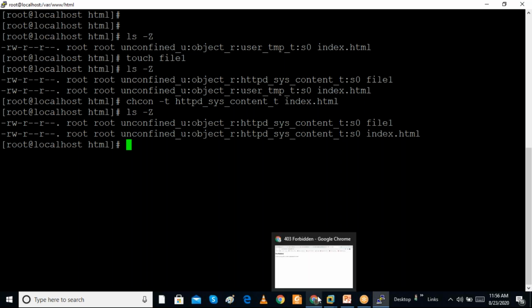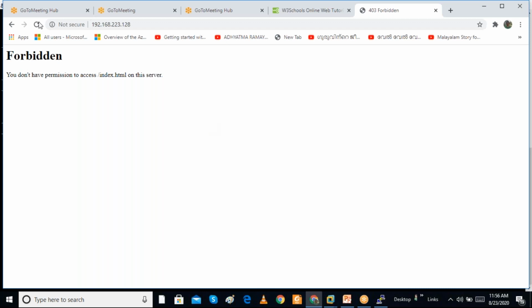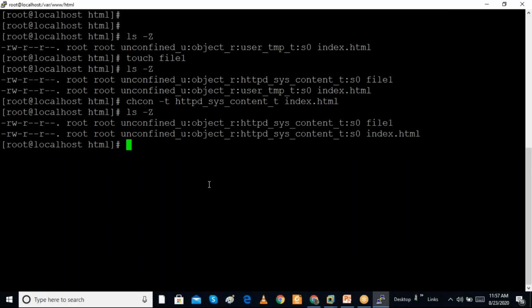So now if I go and check this website, previously it was not opening. When I check this, you can see the page is opening. This way we can protect the service processes, because otherwise hackers come to the system and try to open other files through the service, other pages, other folders. They try to open the etc directory. The httpd process cannot open the boot directory or other system files.